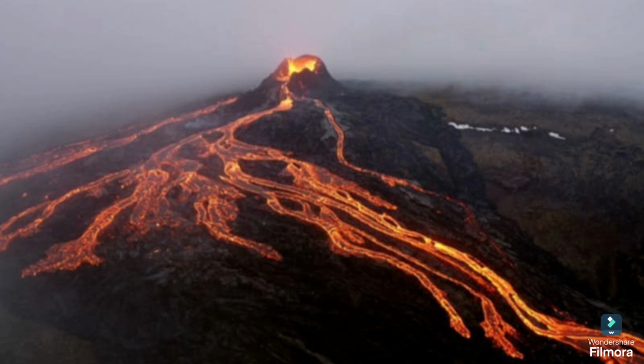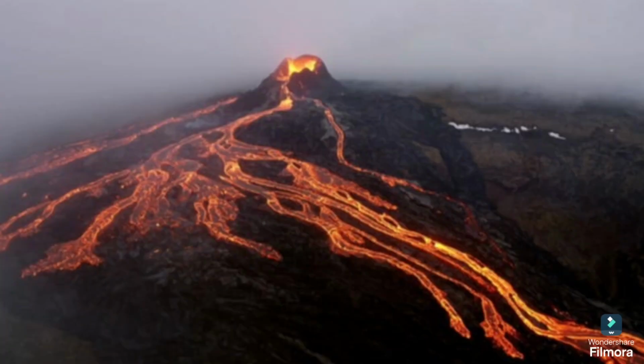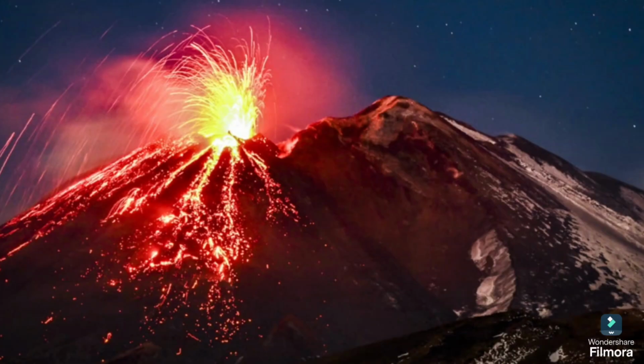I talked about the earthquakes, and the earthquakes lead to something else. It leads us to chapter 17. In chapter 17, we went over volcanoes, and volcanoes erupt. Y'all know it has lava, molten, and things like that from it, from the earthquakes. Earthquakes can cause volcanic eruptions. So chapter 17, to represent that, I picked